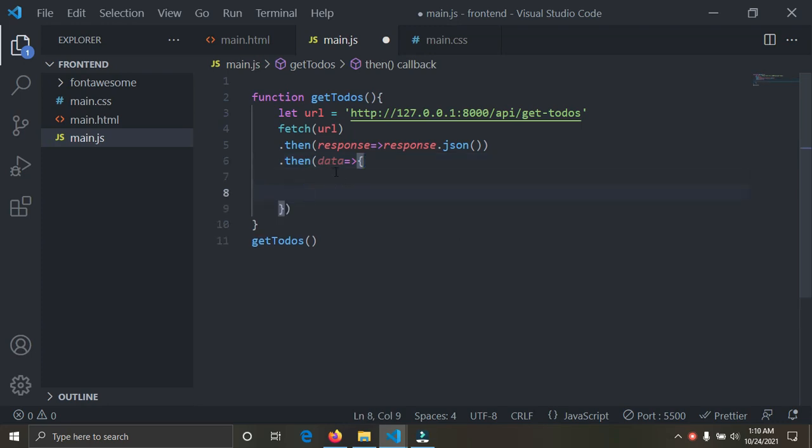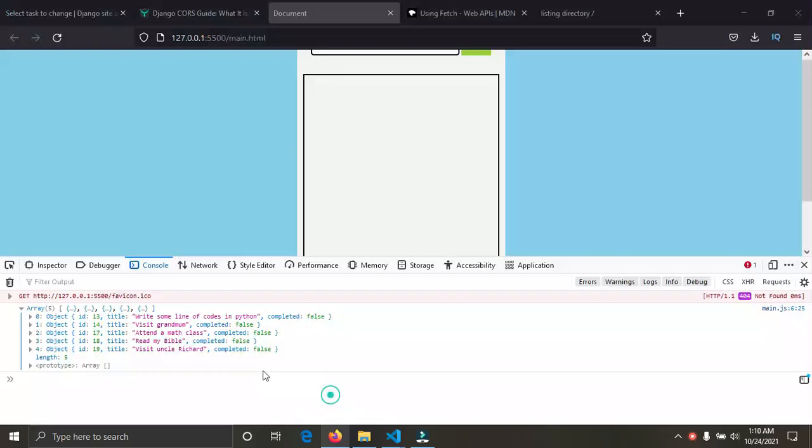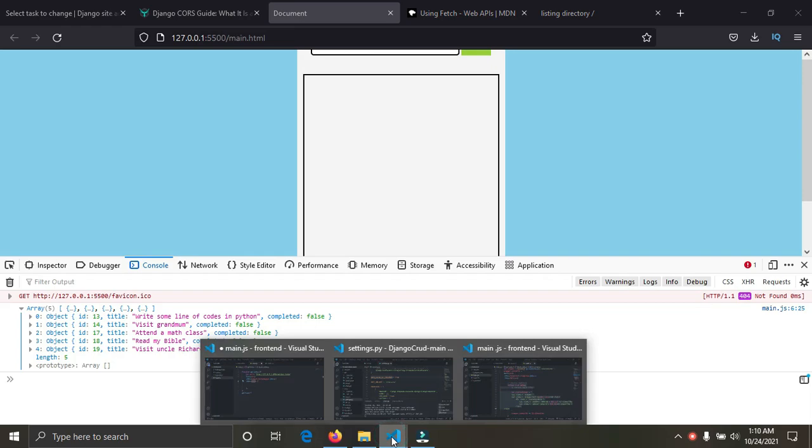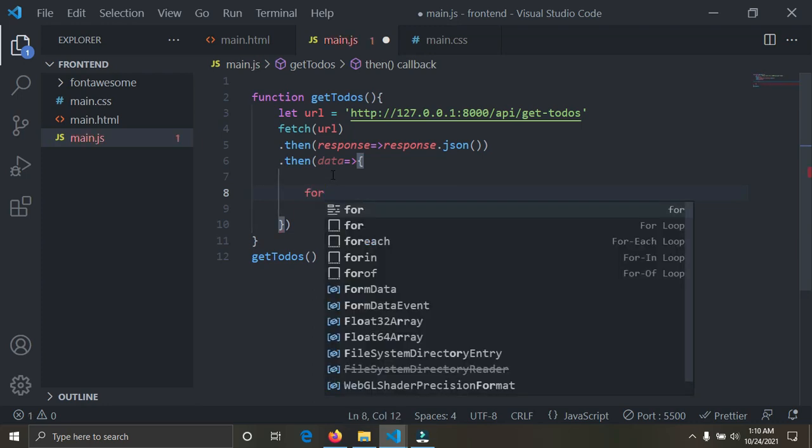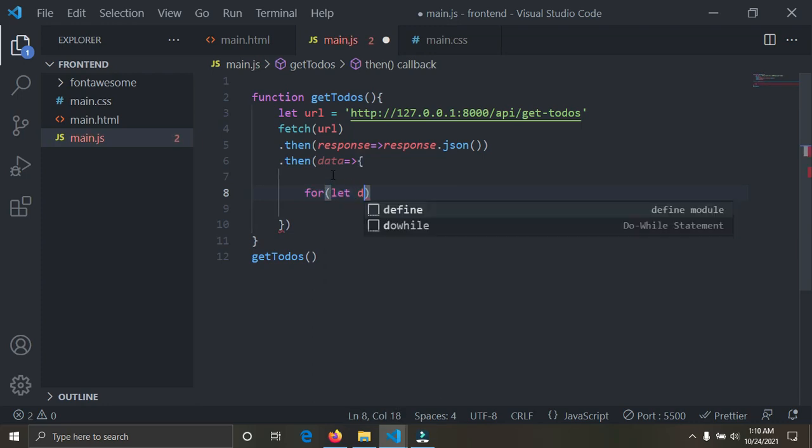So now I'm going to loop through this data. You can see this data returned 5 elements here. So I'm going to loop through it so I can have access to each of these data. So let's do that right now. I'm going to simply do this now. I'll simply say for let d of data,